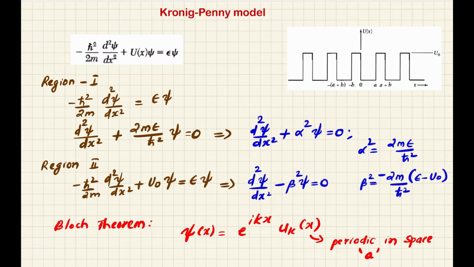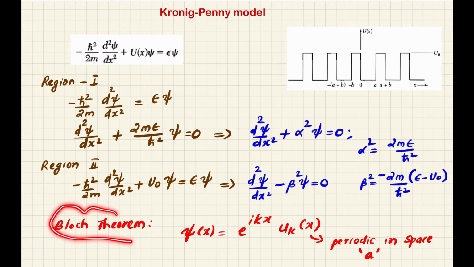And in region 2 you have the kinetic energy part as well as the potential energy part. So in this region I am introducing a parameter beta, which you can write down as minus 2m by h cross square times (epsilon minus U0). Now, we have solutions in different regimes, region 1 and region 2, but according to